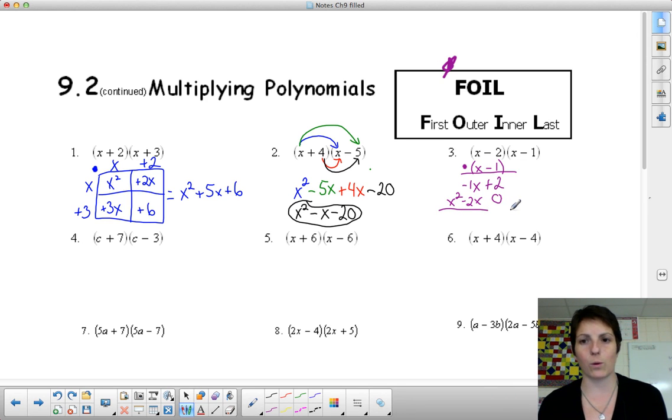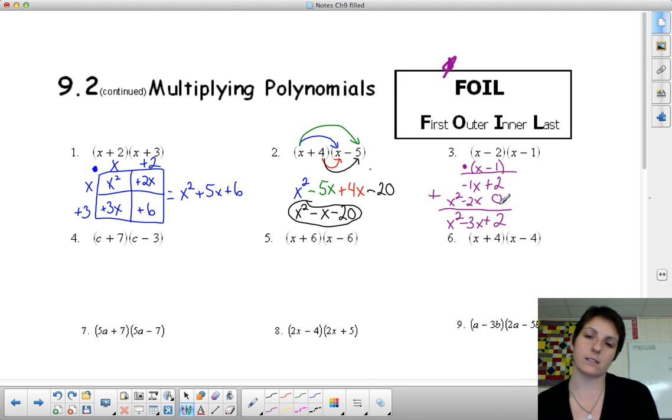Then, just like with old school, we do addition. 2 plus 0 is 2. Negative 1x and negative 2x, so that's negative 3x. And we have an x squared. 4 multiplications, except this time we have a place holding 0 as our tool instead of arrows or a box. It's just a matter of keeping yourself organized. As 9.2b,